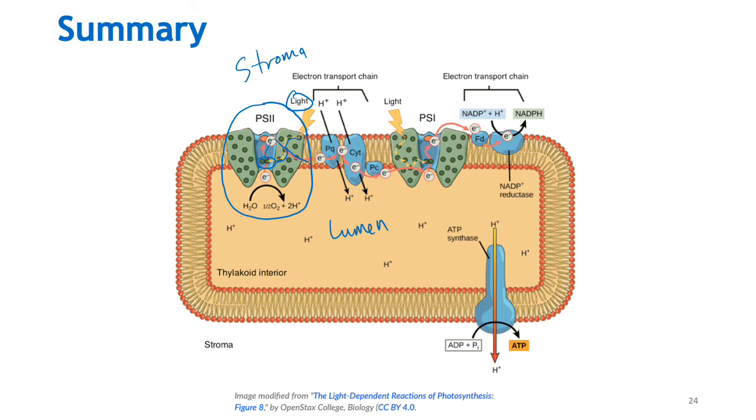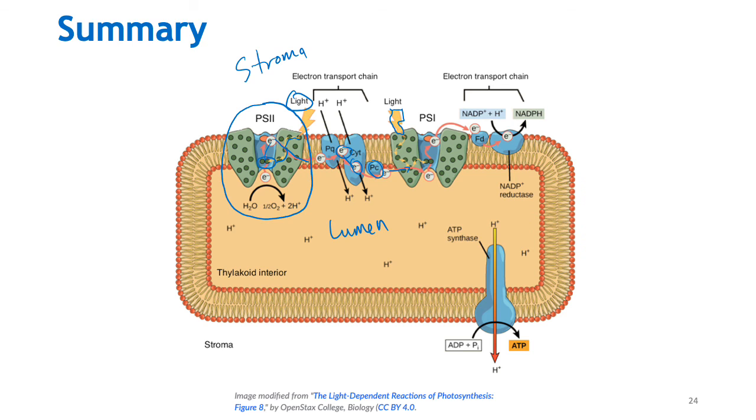And then it goes through this electron transport where it goes to plastoquinone, which donates it to cytochrome b6f complex, which then passes it on to plastocyanin, excuse me, which then donates the electrons to photosystem 1, which gets hit with light. You see right there, it loses an electron, passes it on to ferredoxin, which goes to the NADP plus reductase,